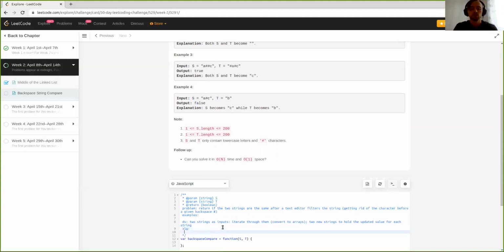For algorithm, so we have, let's declare and initialize two variables to hold empty strings, snew and tnew. Then we got to convert each string to an array, iterate through each string. If the current character is a backspace, check the last character of the new version of the string. If it is not undefined,